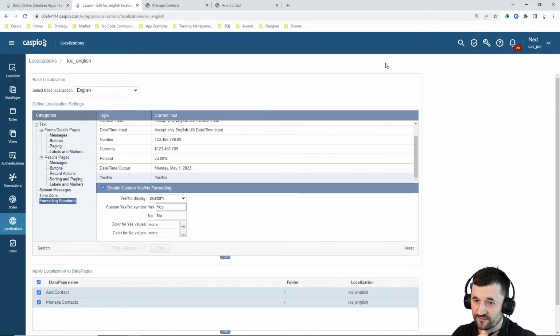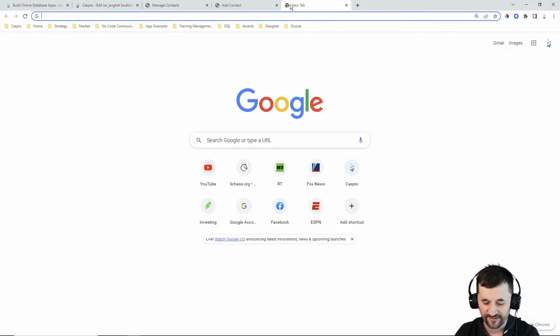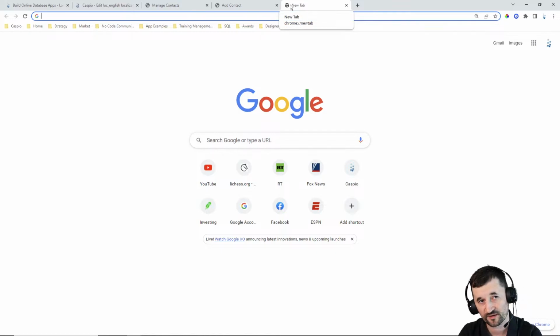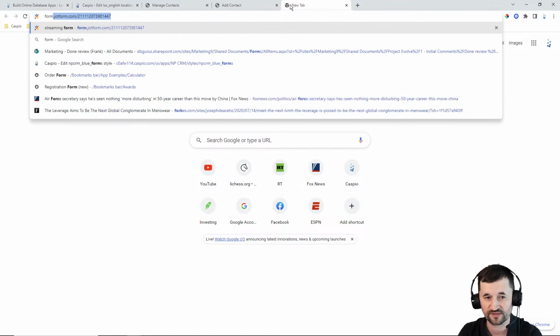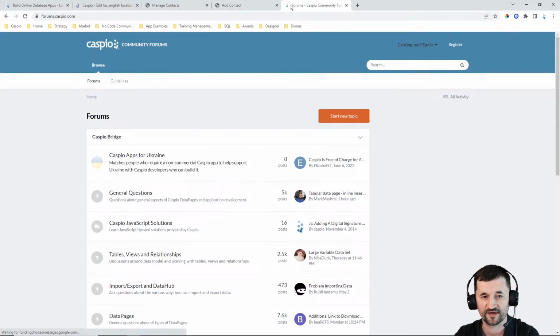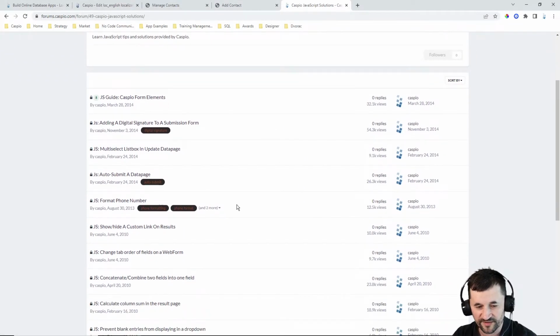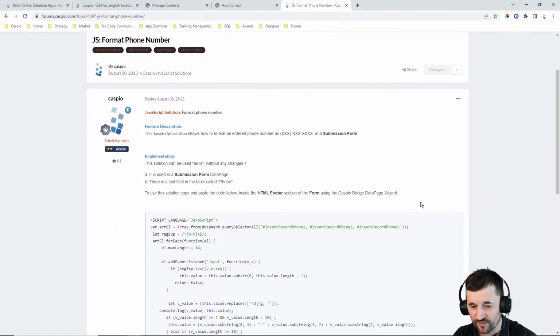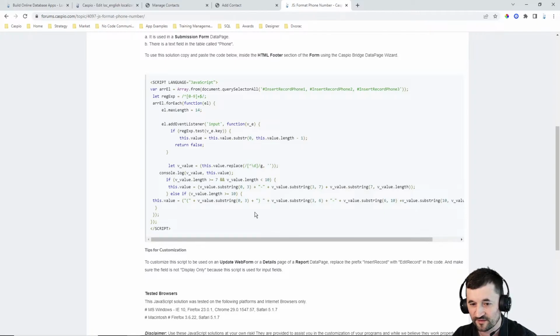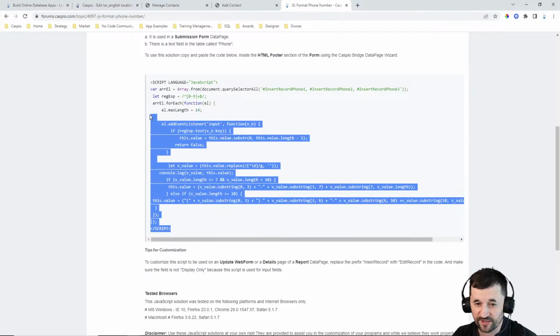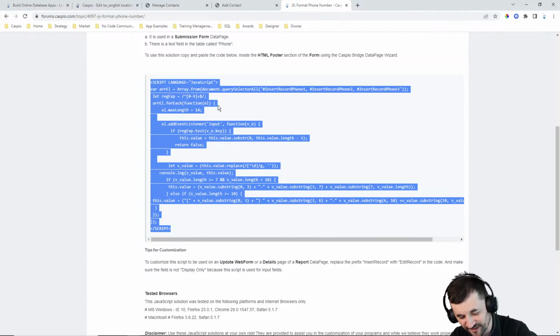One thing that you can do is what I covered in the past. If you go to forums.caspio.com, and you go to JavaScript, I've mentioned this before, very helpful. We do have one for formatting a phone number. However, if you just take the script, to follow these Caspio standards when it comes to JavaScript, and